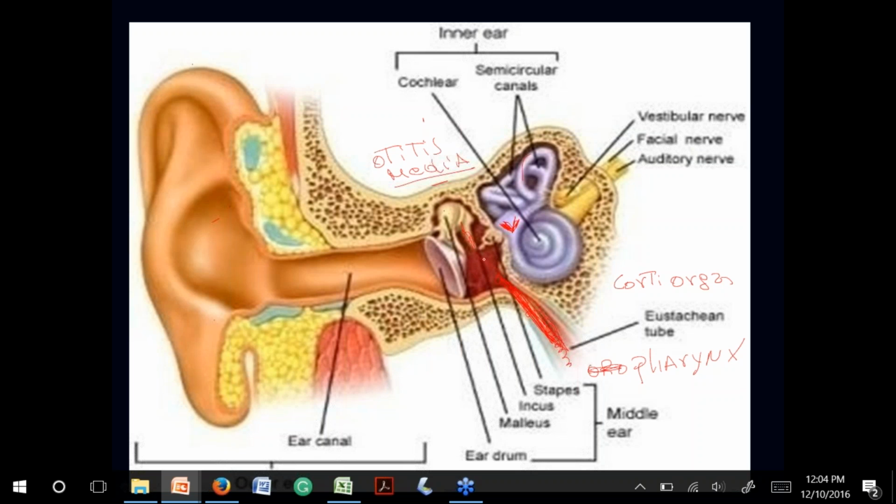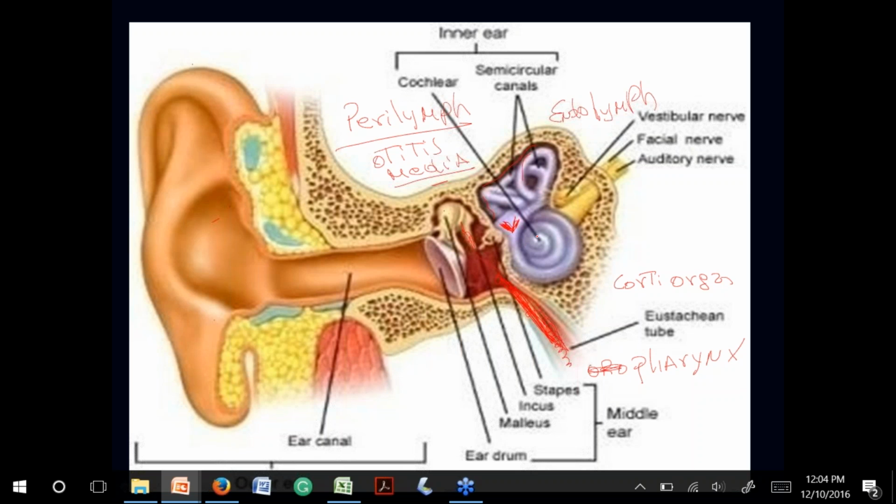So all this is fluid. Here inside the middle ear this is air, but in the inner ear, can you see inside is fluid? Inside the cochlea, inside the semicircular canal. And outside there's a space here that is fluid too. So everything is surrounded by fluid inside and outside. The fluid inside is called the endolymph, and the outer is called the perilymph. I didn't mention it much because we want to focus on the endolymph that is inside.